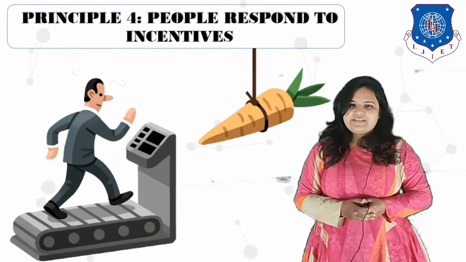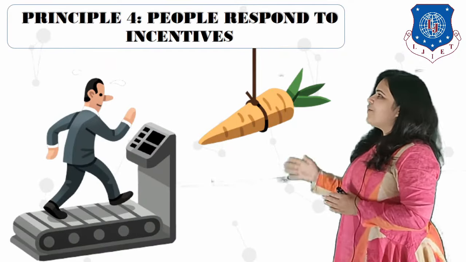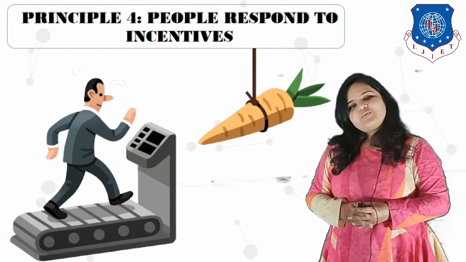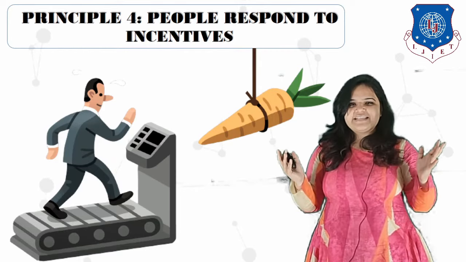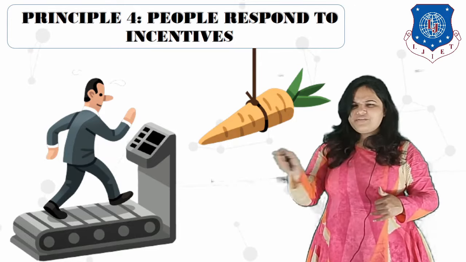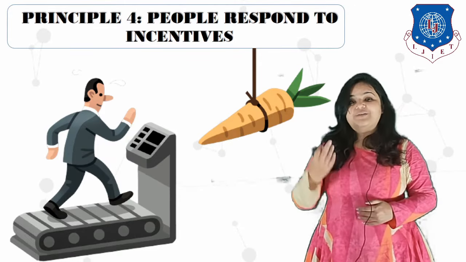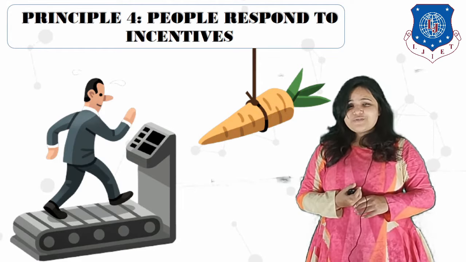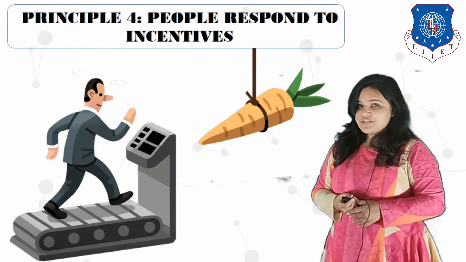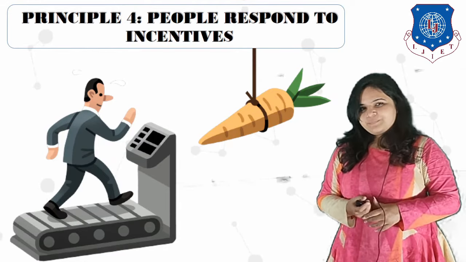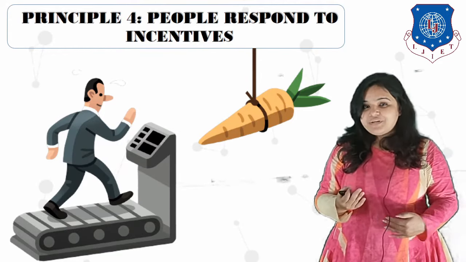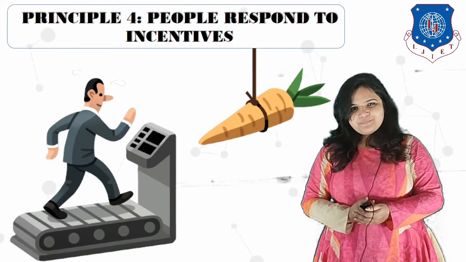The 4th principle says that people respond to incentives. We do, don't we? We do respond to incentives. There is an Independence Day sale. Whether we need something or not, we just scroll through all different applications in our mobile phones to check out the prices. And of course, the prices are so lucrative that we end up purchasing many clothes and many electronics which we didn't need in the first place. We tend to respond to incentives. If we are given a discount, we tend to purchase more.